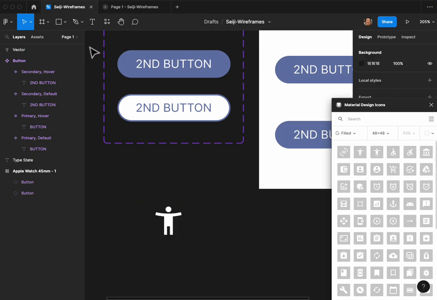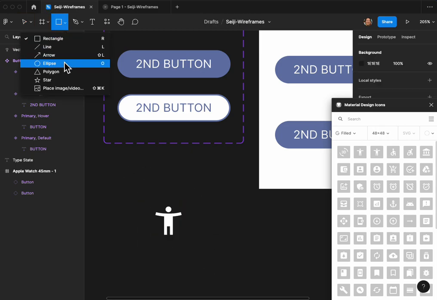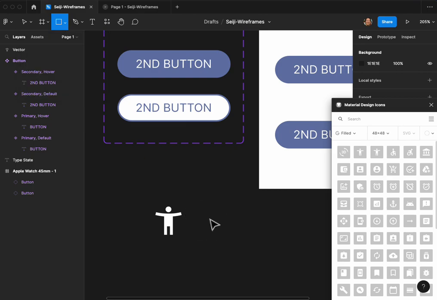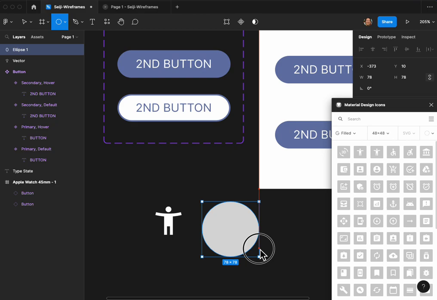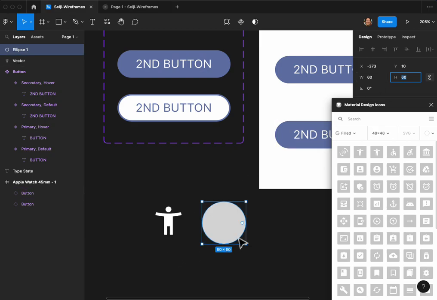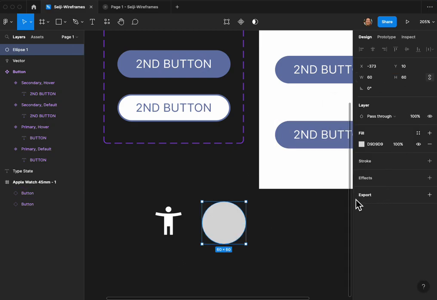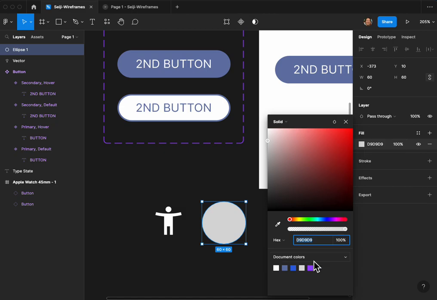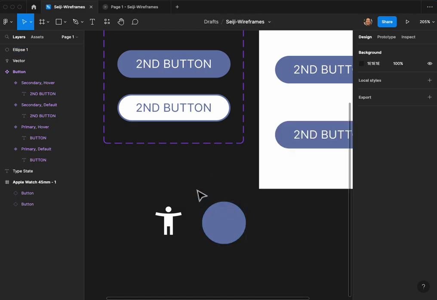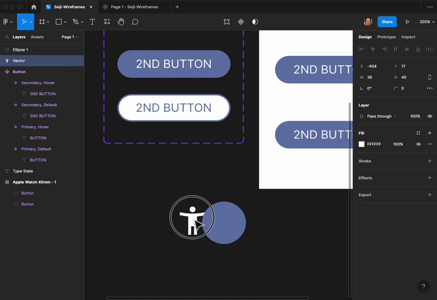I'm going to opt for using the ellipse tool, which is just the O button. So I'm just going to press, oops, stolen frame. Here we go. Press O. Then I'm going to click and drag a circle shape. I'm going to change it to 60 by 60. And while I'm at it, while this is still selected, let's go ahead and give it a color. And right now